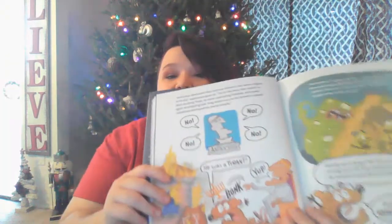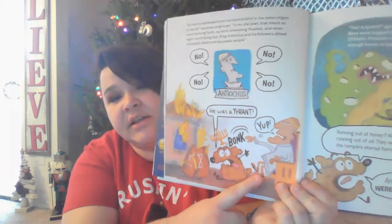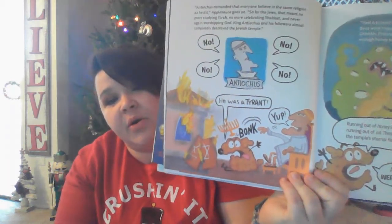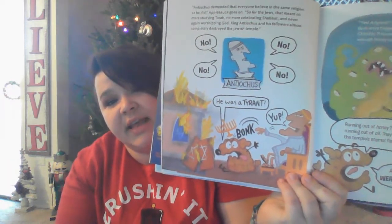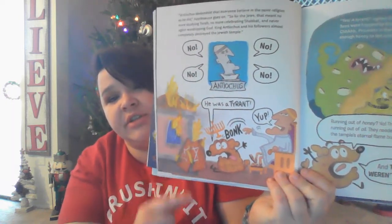Antiochus demanded that everyone believe in the same religion as he did, Applesauce goes on. So for the Jews, that meant no more studying Torah, no more celebrating Shabbat, and never again worshiping God. King Antiochus and his followers almost completely destroyed the Jewish temple. He was a tyrant. There's a picture of a stone carving of Antiochus, and then there's a picture of Antiochus